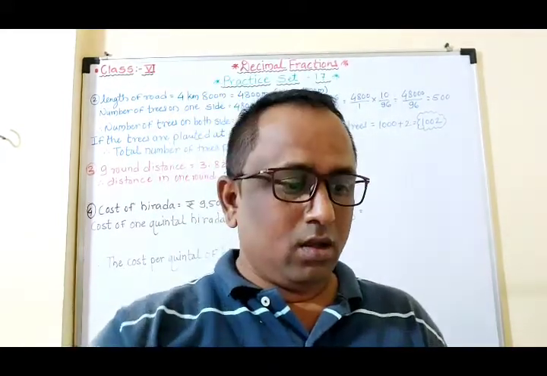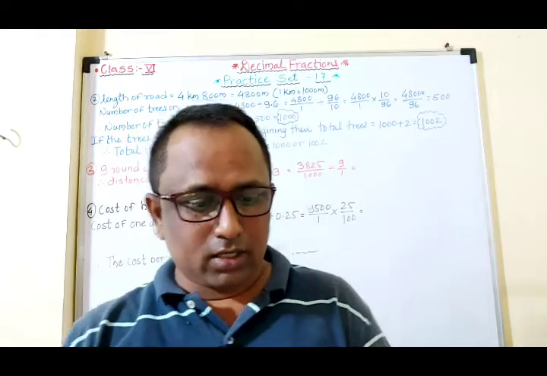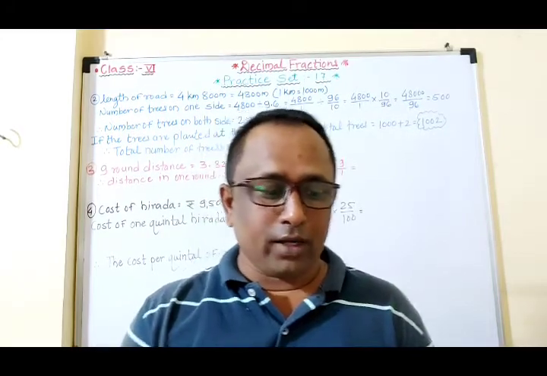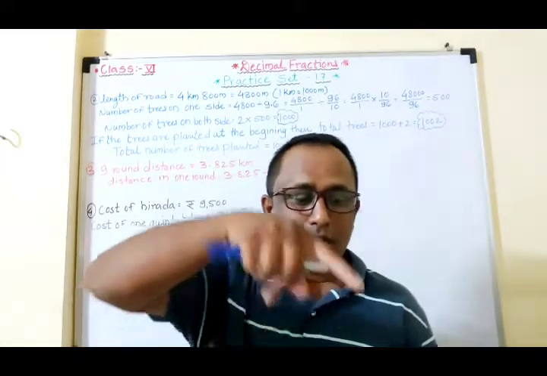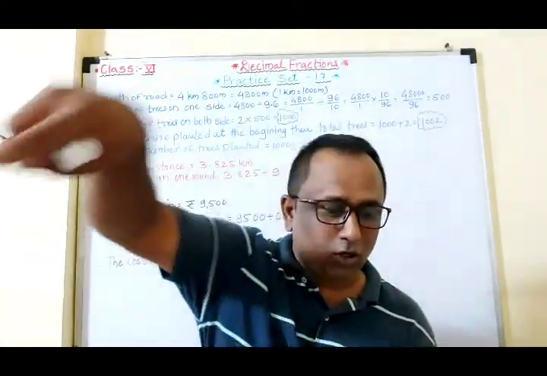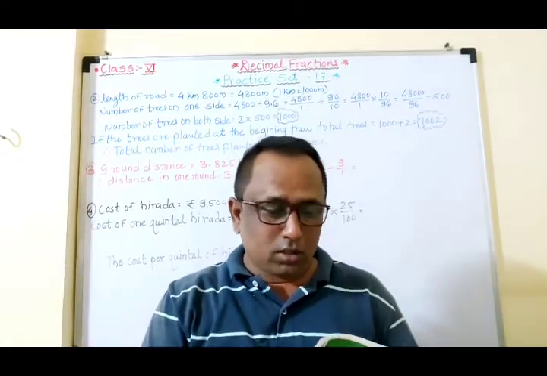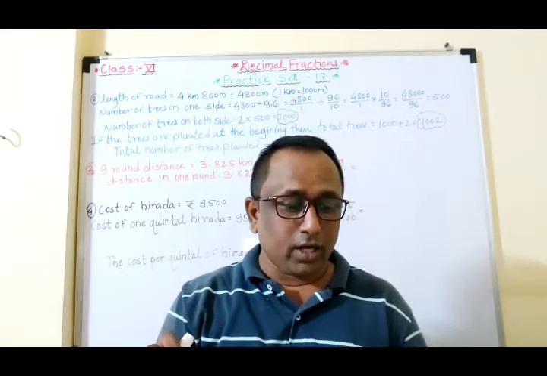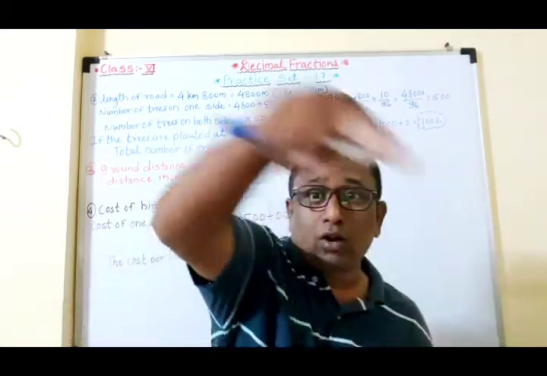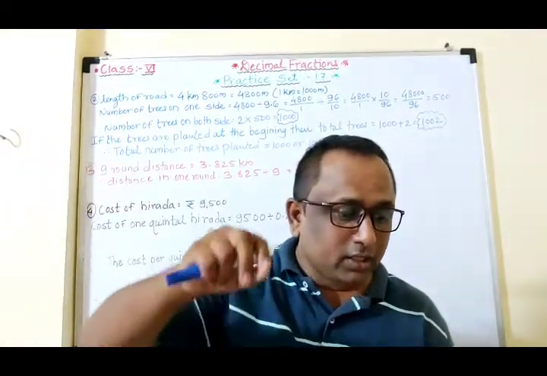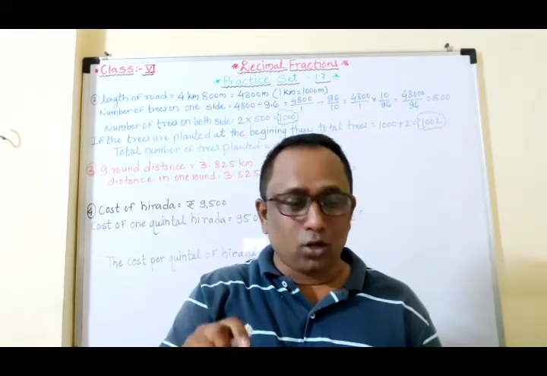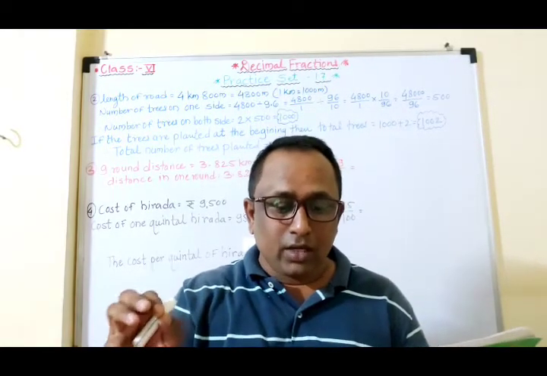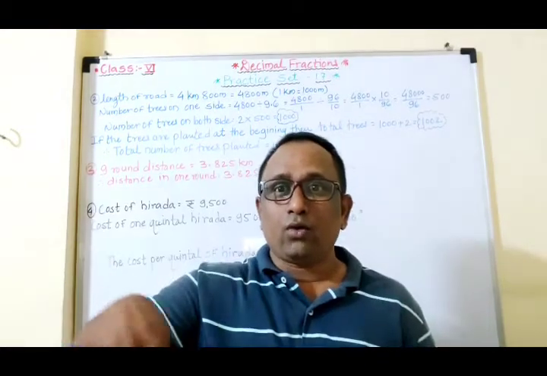Okay, now the second example is: Pradnya exercises regularly by walking along a circular path on the field. Pradnya is exercising regularly, walking around a circular path, like a garden, there is a circular path. If she walks a distance of 3.825 kilometers in 9 rounds, then she covered the distance 3.825 kilometer, means 3 kilometer and 825 meter. How much does she walk in one round? 9 rounds are given, we have to find 1 round.